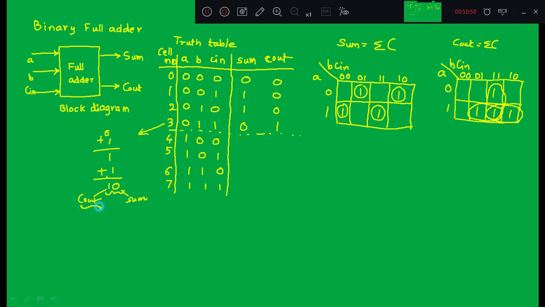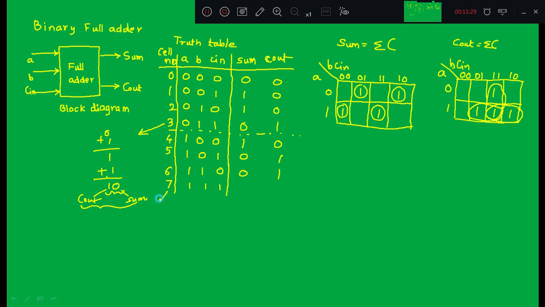Now together C out and sum, C out will act as the MSB. What is the result size? It is 2 bits. C out acts as the final sum MSB. In that way also we can treat C out and then sum. C out is 1, sum is 0. Then 1 0 0 for the next combination, sum is 1. Then 1 0 1, 1 1 0, 1 1 1.